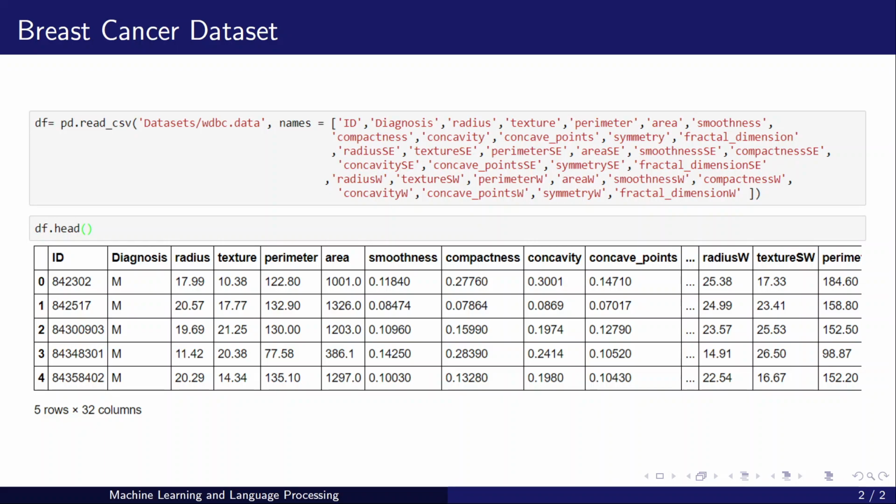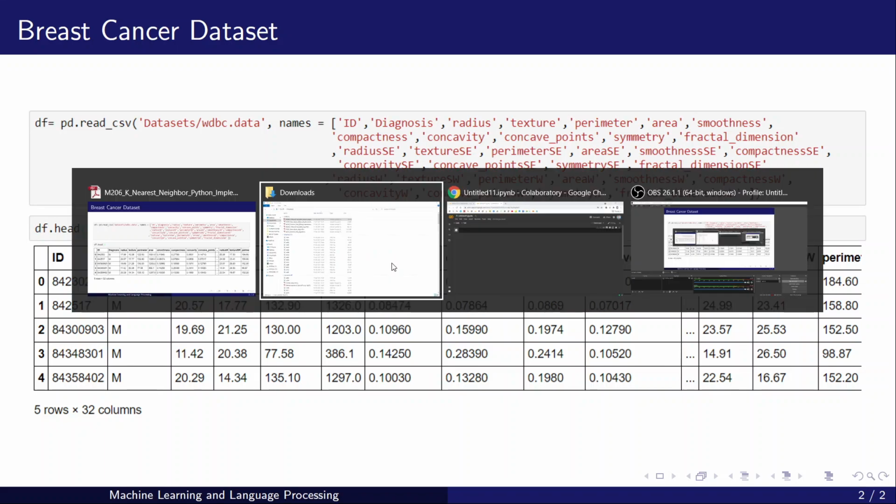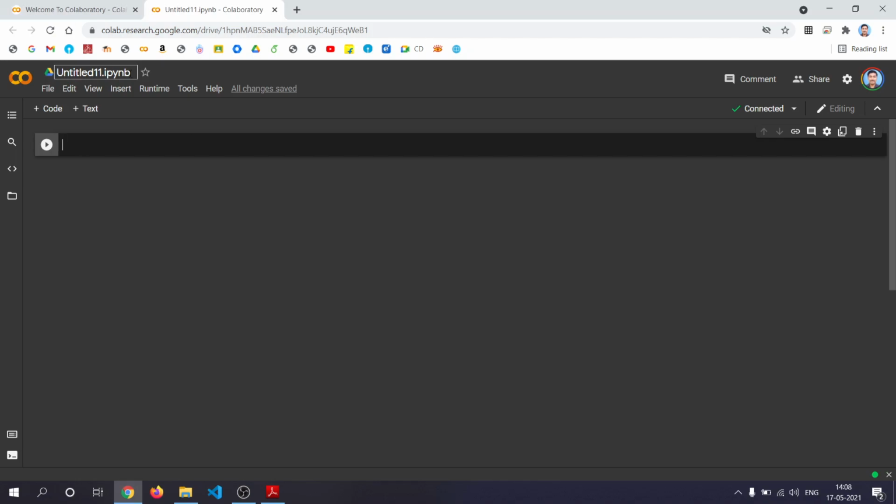Okay, let's go to the notebook. We'll give a name, k nearest neighbor.